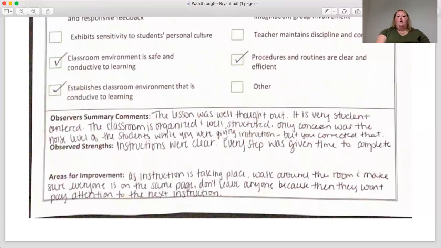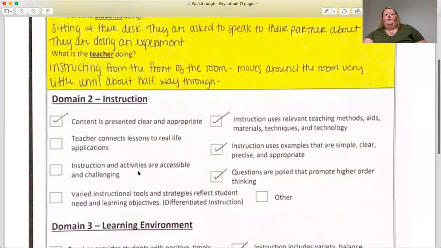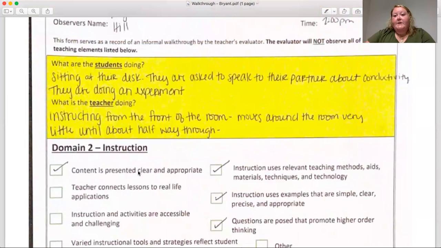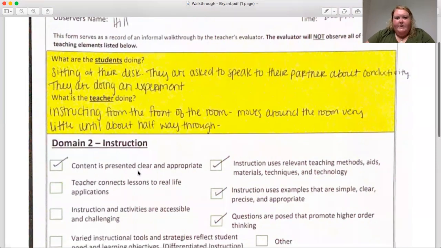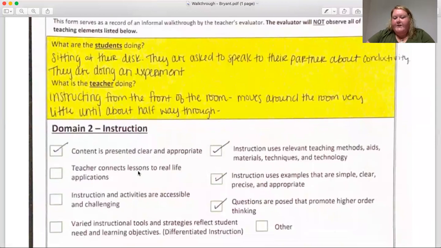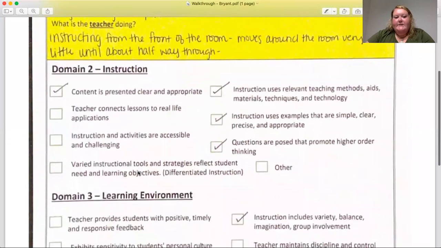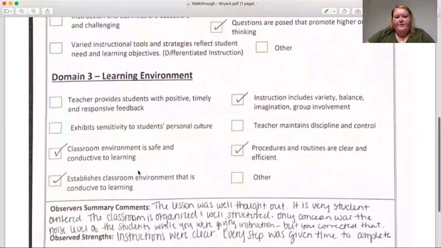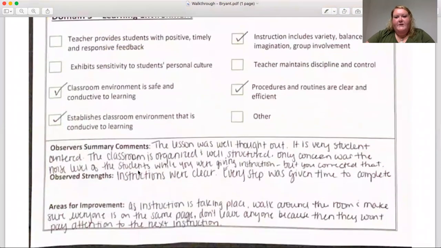Okay, and so, again, this is the walkthrough form. I really, really liked the lesson. I really thought it was well thought out, and that the kids got an understanding of what conductivity was through this experiment. There are some things, again, that we're going to work on for the next one, and we are going to continue to work together. So don't think otherwise, I really thought that this was well done. It was a well done class. So just work on those few things, and we'll continue these walkthroughs,